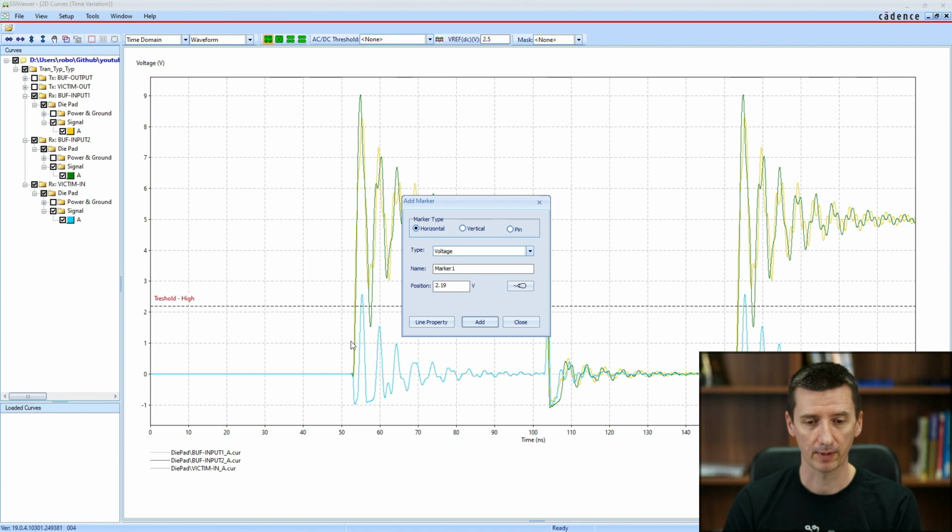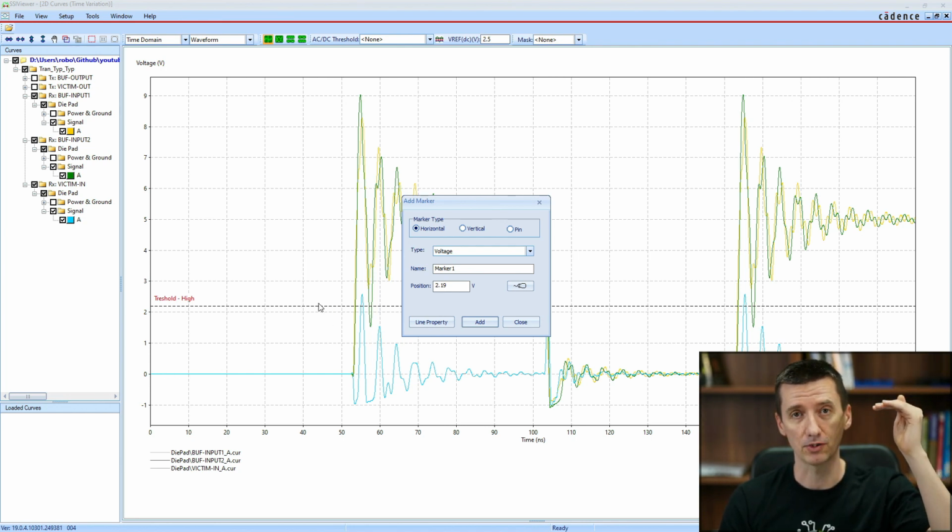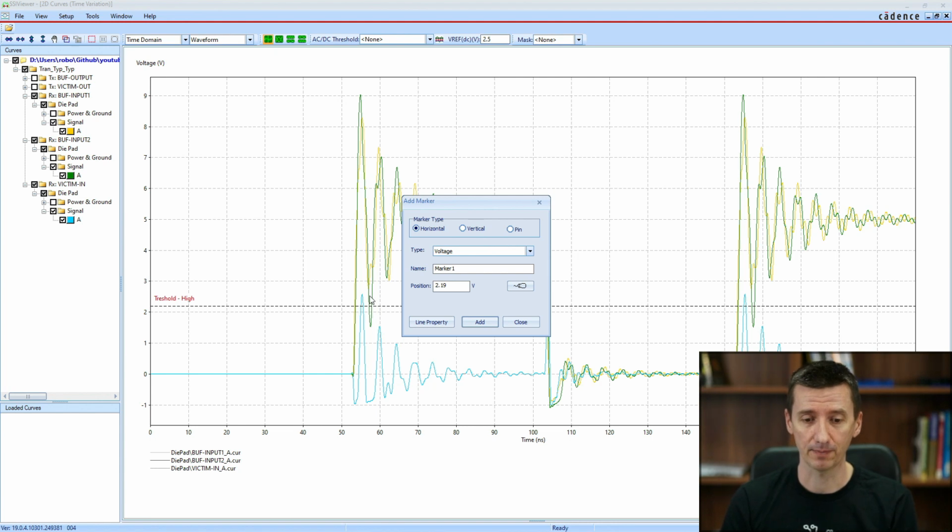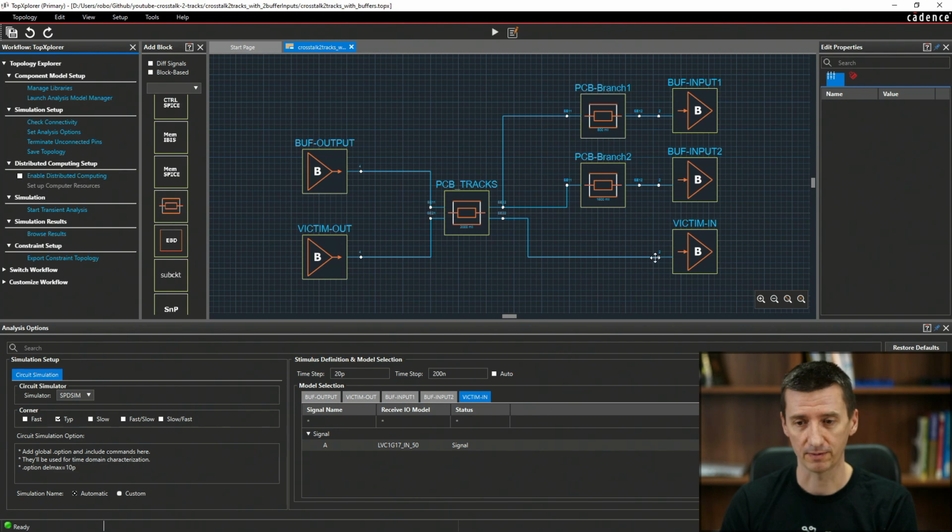So basically, when we have 0, then anything above this line which is here will be registered by the buffer as high. And in this place and also in this place, you can see that this noise is higher than the threshold for high, and in some cases the buffer may register these peaks as high on the input of this buffer.